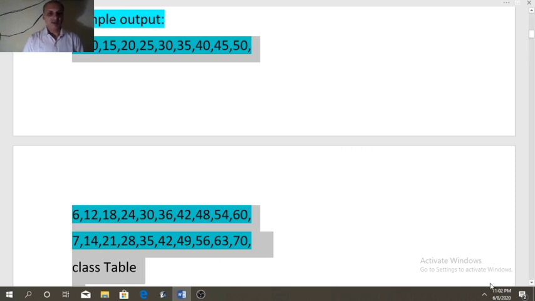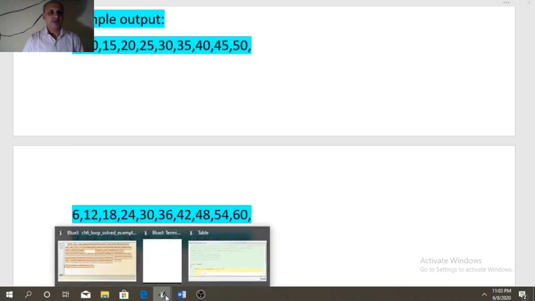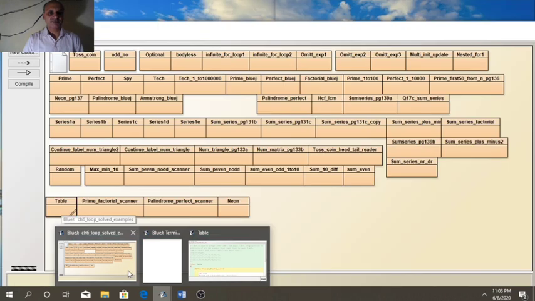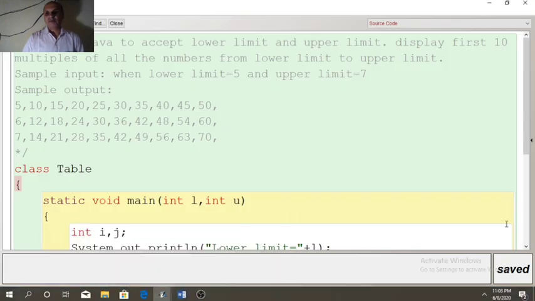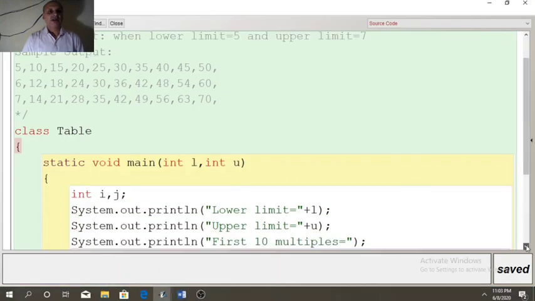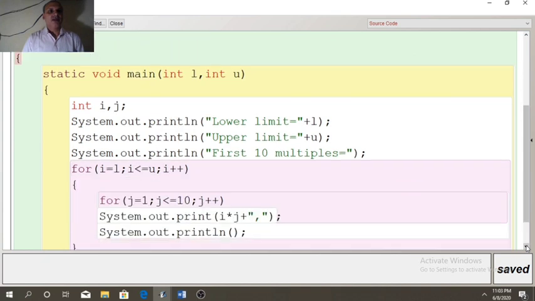So starting with the program. In that program I will explain the working of this. Question you have already seen. So first we need to take two inputs, lower limit and upper limit, L for lower limit, U for upper limit. Since we need to cover two loops, i will cover the outer loop and j will cover the inner loop.